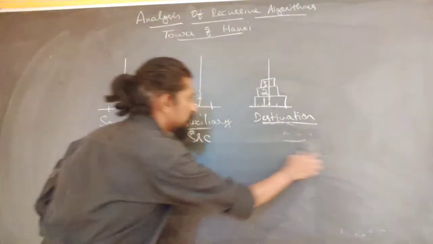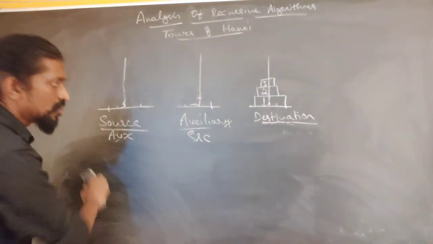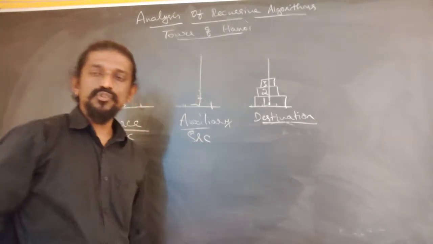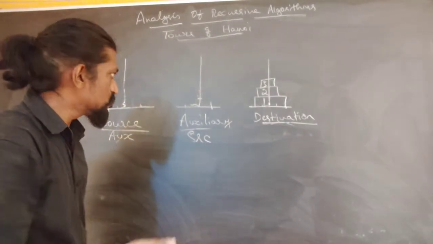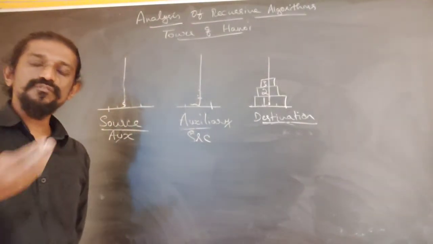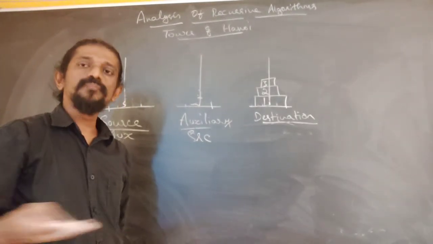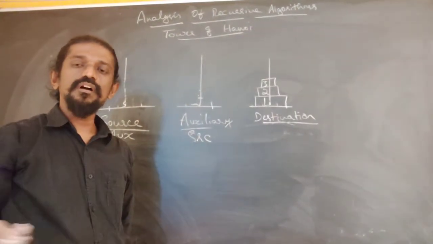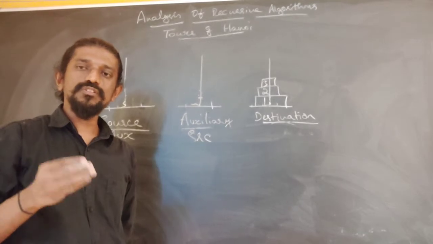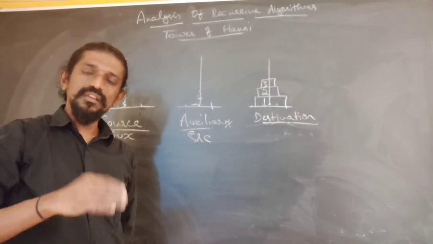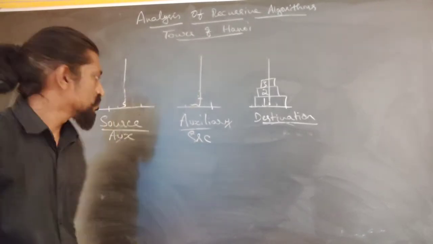the problem gets solved. Okay, so even though there are only 3 steps, 2 of them are recursive. The first recursive step requires us to move the n-1 disks from the source to the auxiliary. Then the next statement moves the nth disk which is present at the source directly to the destination, and the last statement requires us to move the n-1 disks that are present at the auxiliary in a recursive fashion to the destination.